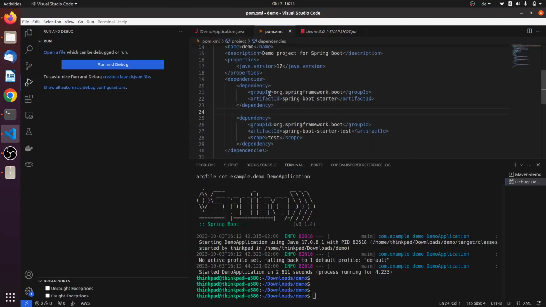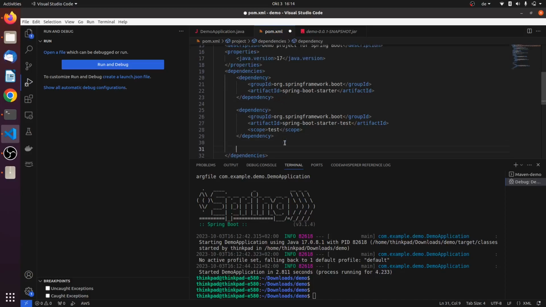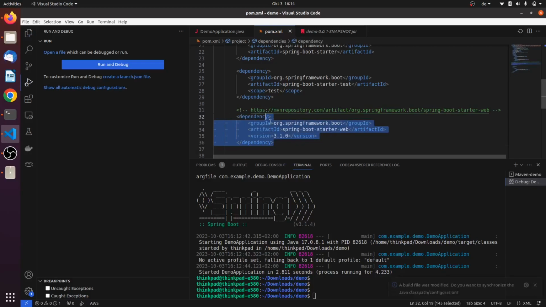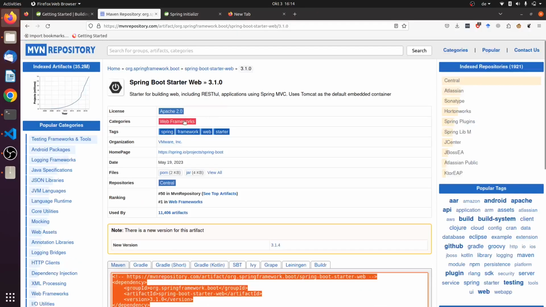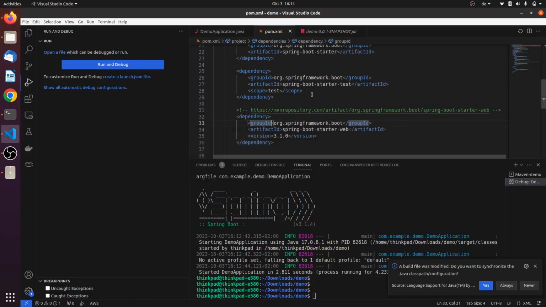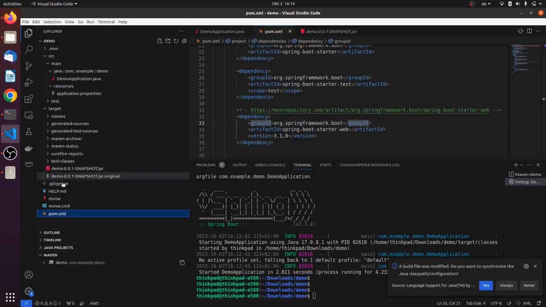Let me also explain what this is doing in a moment. Okay, formatting a little bit. This is a starter for building web applications including RESTful applications using Spring MVC, and it uses Apache Tomcat as the web server. So with that we would have something that listens on a port and is accessible for clients to use that service, basically. Now let's package the code again,